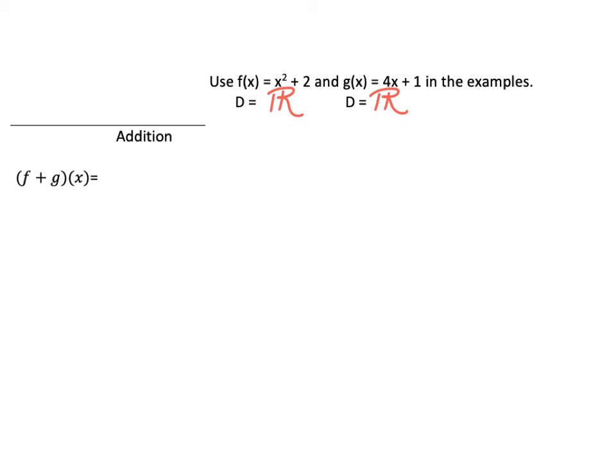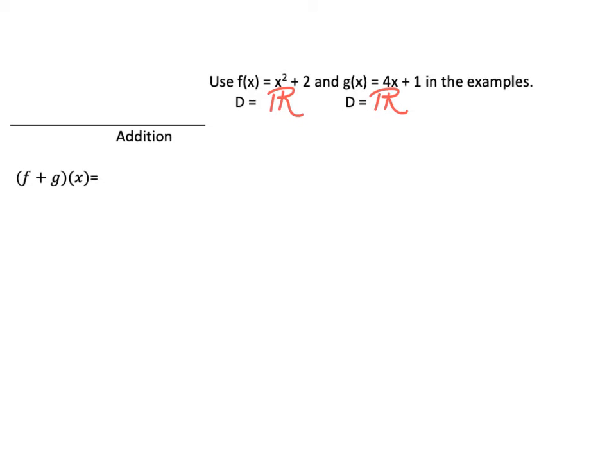Now, for the majority of the function operations you do, add, subtract, and multiply, your domain is going to be the intersection of these two domains. So I'm going to have all real numbers for those. Now, when you do the quotient, it's possible that new restrictions can be introduced because now you could have a divide by zero error, so you're going to have to think about